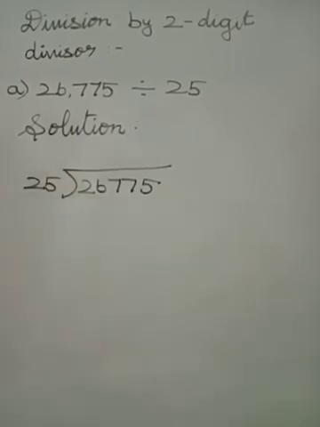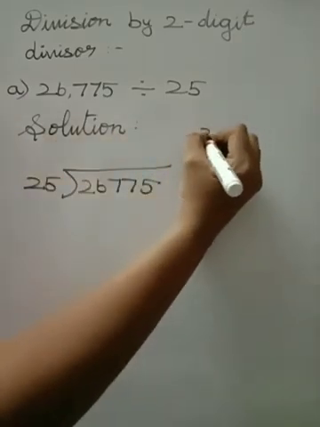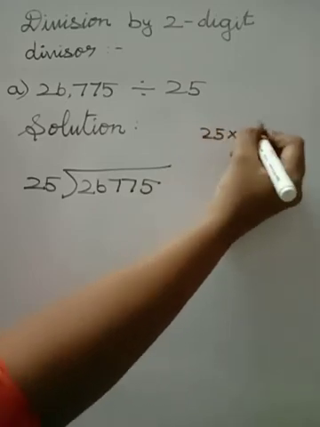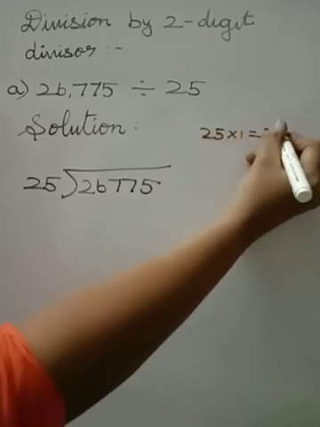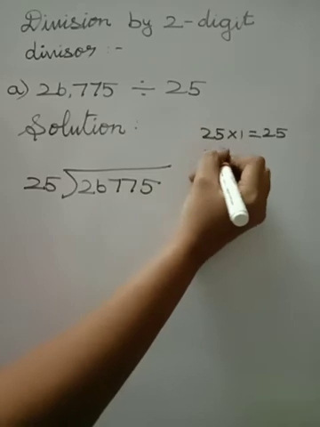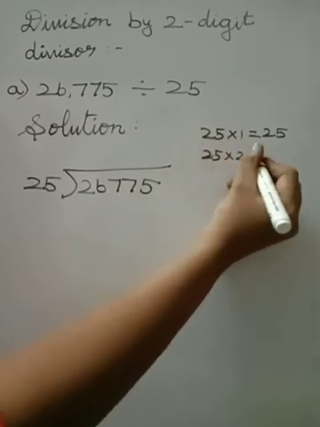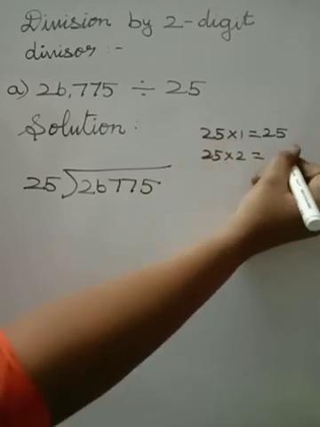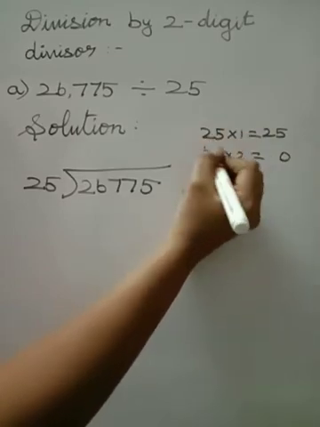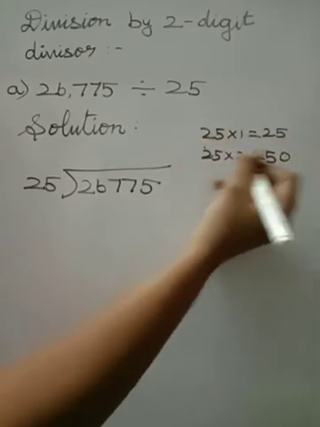Okay, so now here you are going to use the 25th table. Everybody knows the 25th table, isn't it? If you don't know, what you do is first write the table in the rough column. So 25 ones are 25. You know multiplication, isn't it? So you multiply it. 5 twos are 10. So 0, 1. 2 twos are 4 plus 1, 5.